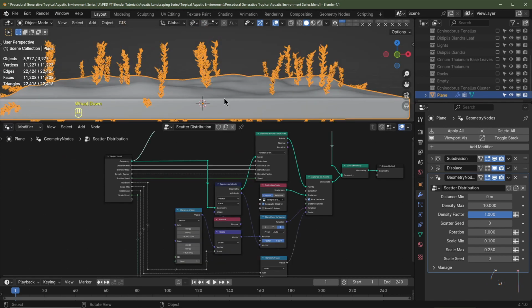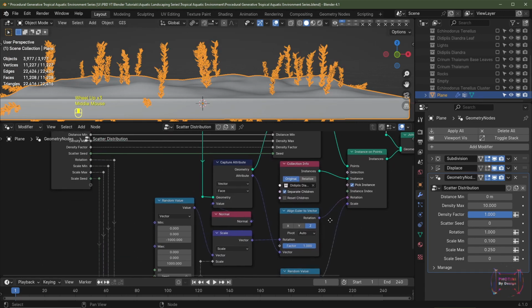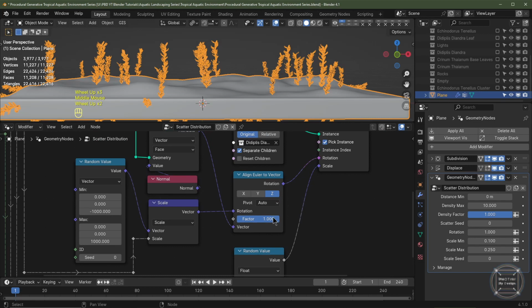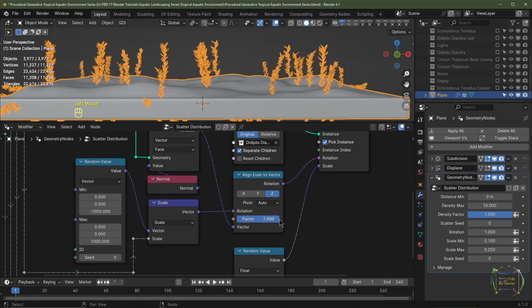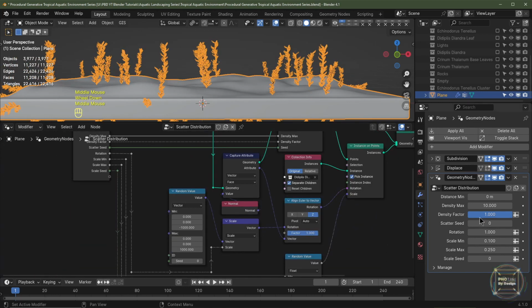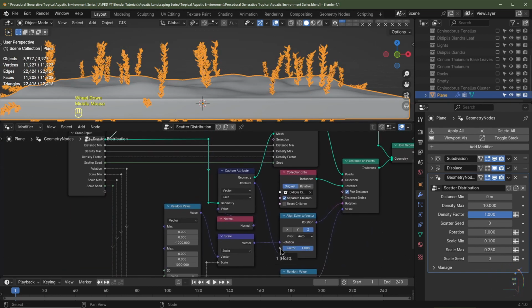As you can see, the Didiplis diandra, or any assets that we spawn, are going to spawn in the direction of the normals. So with this align Euler to vector node here, if we reduce the factor to 0, they're all going to be spawning on the z-axis, which is dictated here. So ideally, we want this factor to be exposed over here. In order to do that, I'm just going to drag this and I'll drop it into the bottom socket of